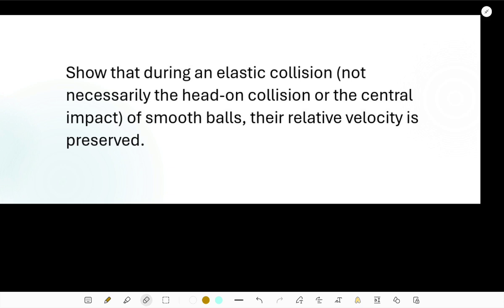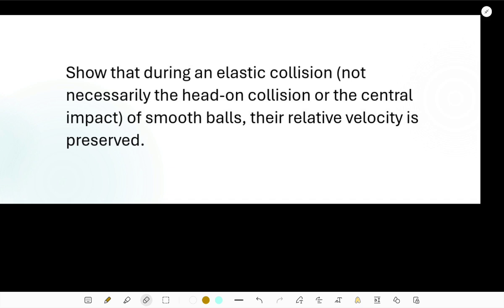Though some of you won't like to prove this because this is a statement, you would like to take it as a statement. This is a true statement, so you can go along with it. But I would like to prove it because I am going to use the center of mass frame to prove this, because in the ground frame, the lab frame, things are going to be quite messy.